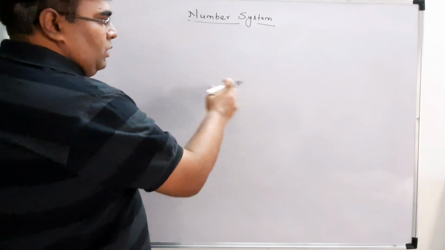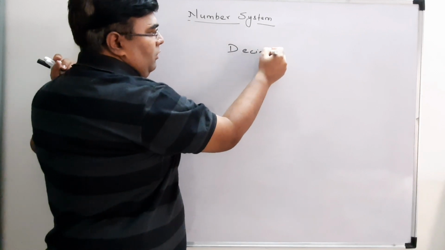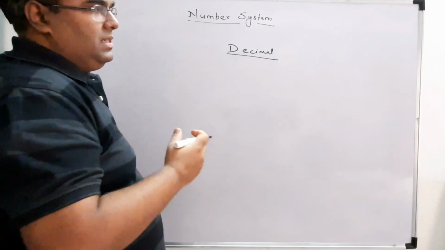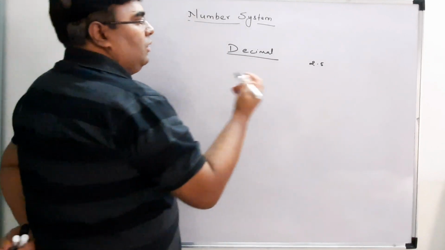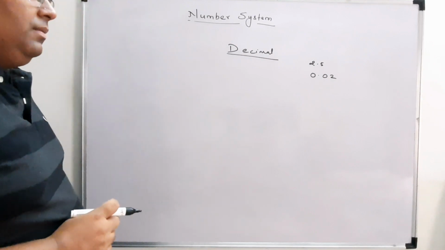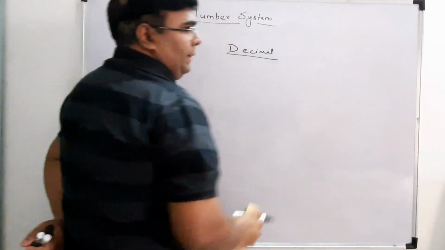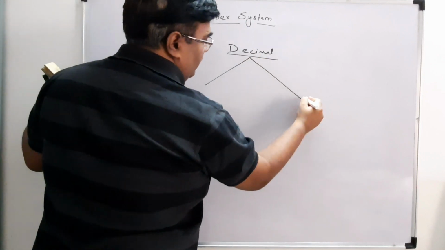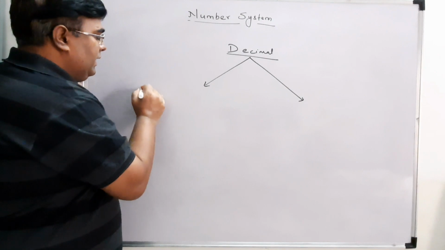Okay, so what is decimal? Basically, we generally know it as numbers having points. Like 2.5, this is my decimal, or you can say 0.02, this is also a decimal. Okay, so decimals are basically of two types. Decimals you can bifurcate into two types. One is called my terminating decimal.